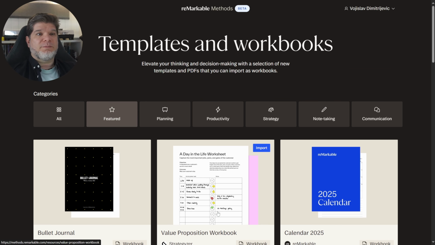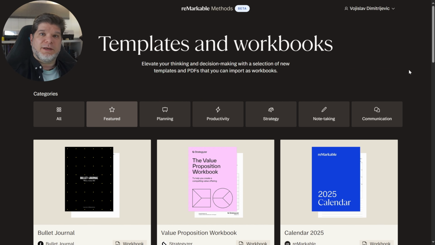One thing to absolutely keep in mind is that this functionality is available only to the Connect subscribers. The Connect subscription price, to the best of my knowledge, has not increased. So this just means that the Remarkable Methods addition to the Connect subscription is an added value for the Connect subscribers. But one would argue that this is the first true kind of feature added to the Connect subscription that has any value, because everything before it would be a difficult case to make that it adds a lot of value. So yes, it is behind a paywall, but it is something that does add actual value to the overall platform,